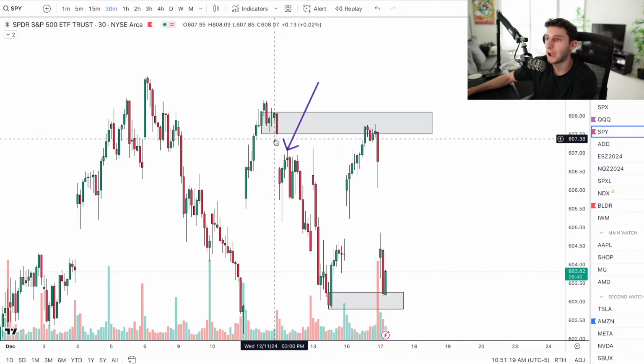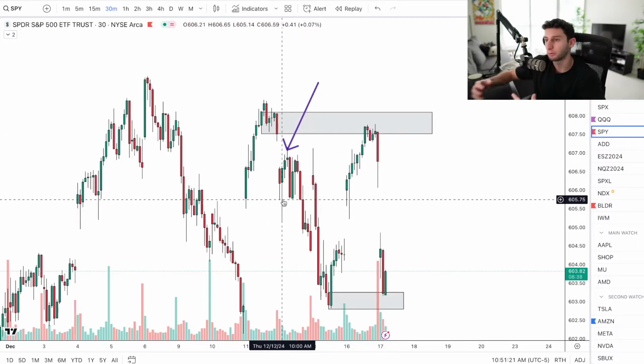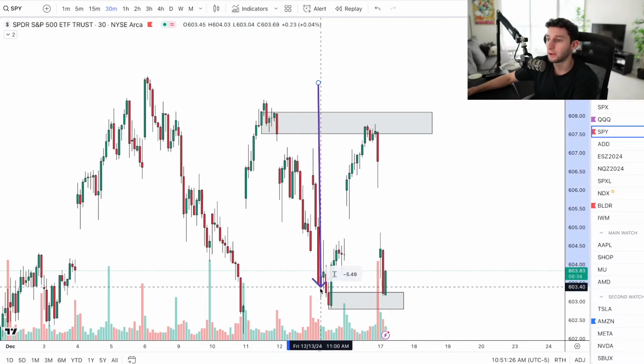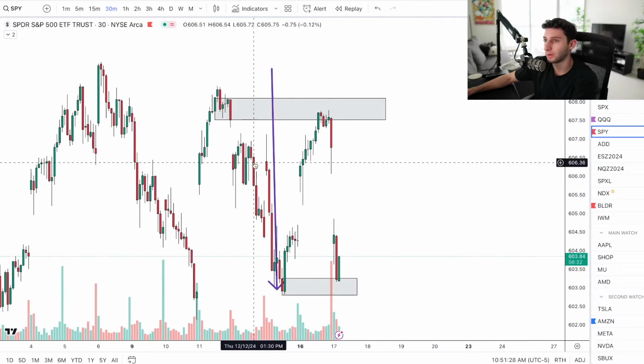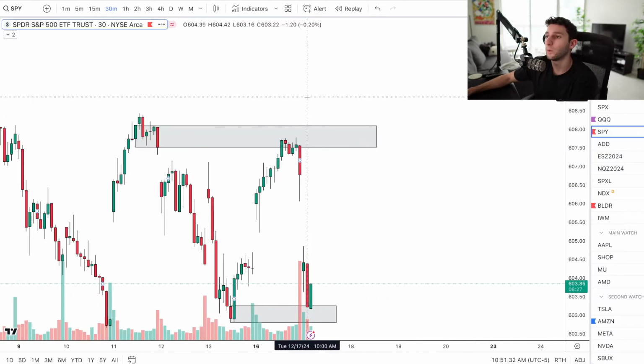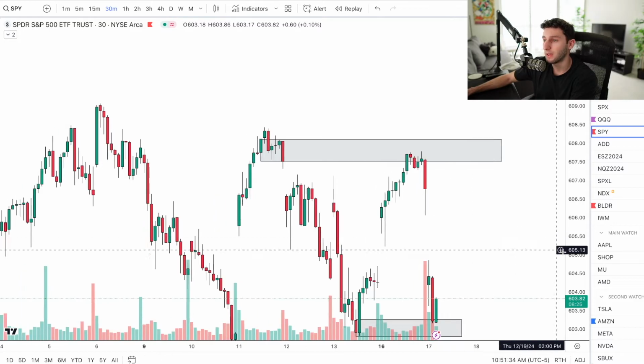You can see how fast we had a gap down. So gaps always provide very fast speed because it technically happens instantly on the chart. And we end up dumping all the way down here to like 603. All right. So pretty solid fast move. So when price comes back up to the supply zone, we can expect price to eventually dump going off of